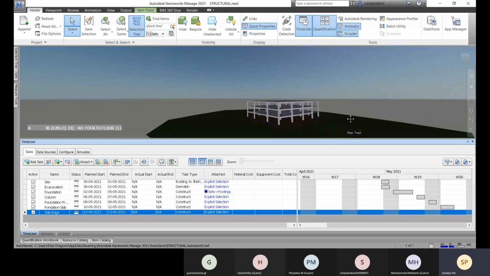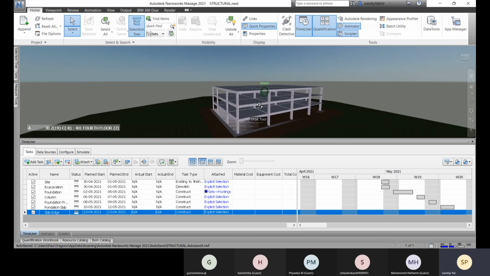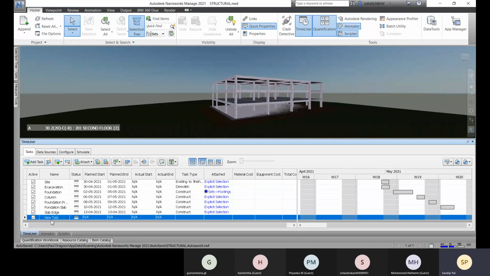Okay. And now let's go for the first floor framings. First floor beam or framing. Okay, then go for the date. It will be started on this date.